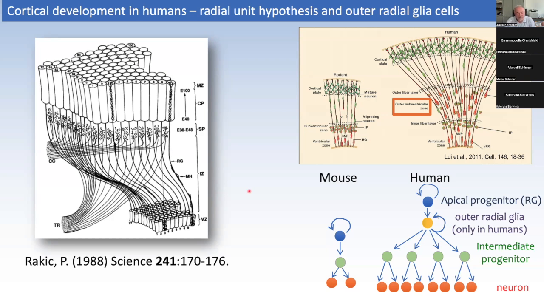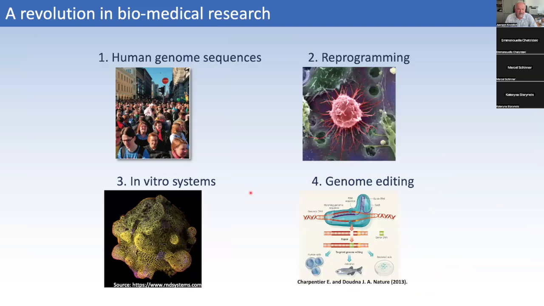So this is good news because it tells us why our brain is so much more complex than that of a mouse. But it's also bad news because it means there are certain processes that we cannot study in rodents. But fortunately, there is hope. We're living at a time where there's a complete revolution in the way we do biomedical research. And that's because 4